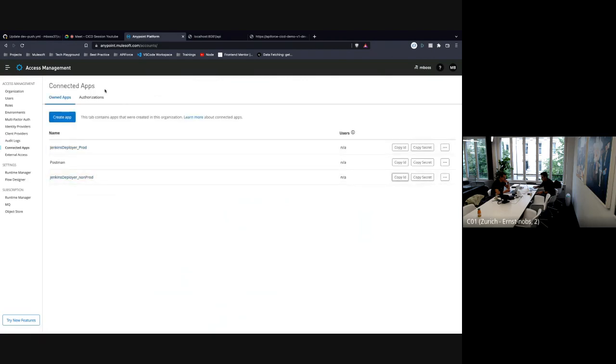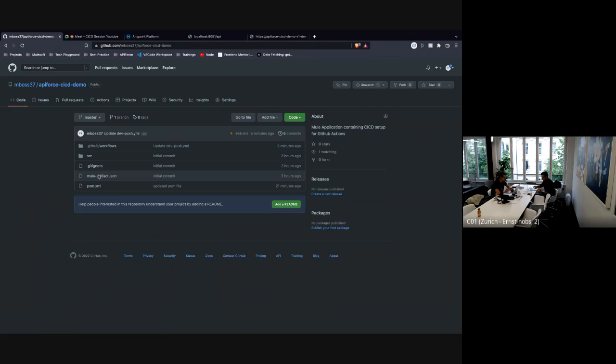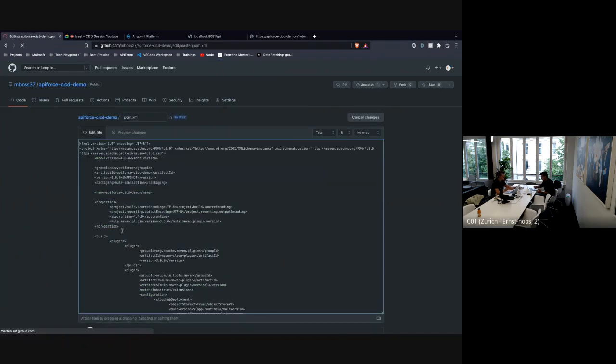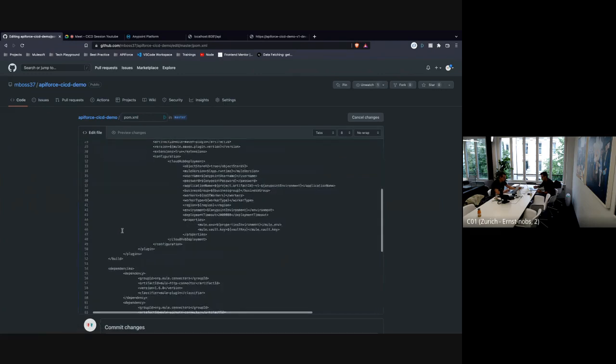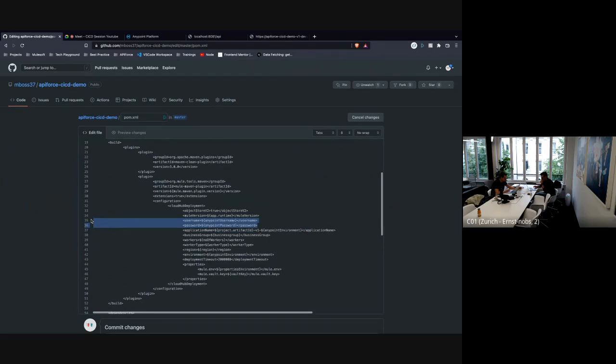Copy the ID. And I will directly do it now. So I can do it now in Anypoint Studio and then push it. But I can, of course, also do it now, I think, just to make it really simple, directly here in the repository, just edit the POM file. Okay, so that means here, instead of username and password, what do we have to provide for client ID and